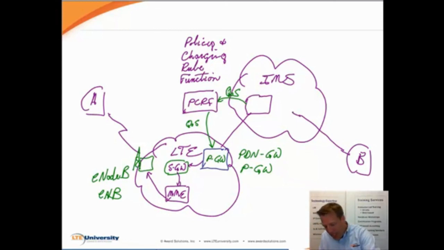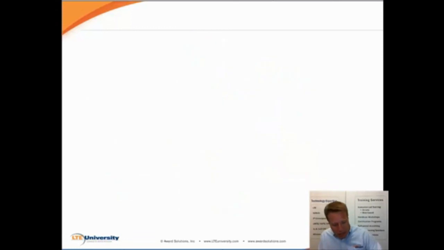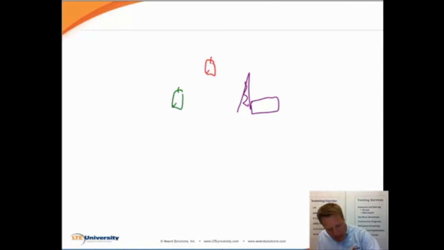Now I want to zoom in on the eNode B for a minute, because if you think about it, this eNode B has a lot going on, because it's not just one user that we're supporting here. We've got multiple users here in the network, and there are buffers at the eNode B. The eNode B has a buffer for each of these users.